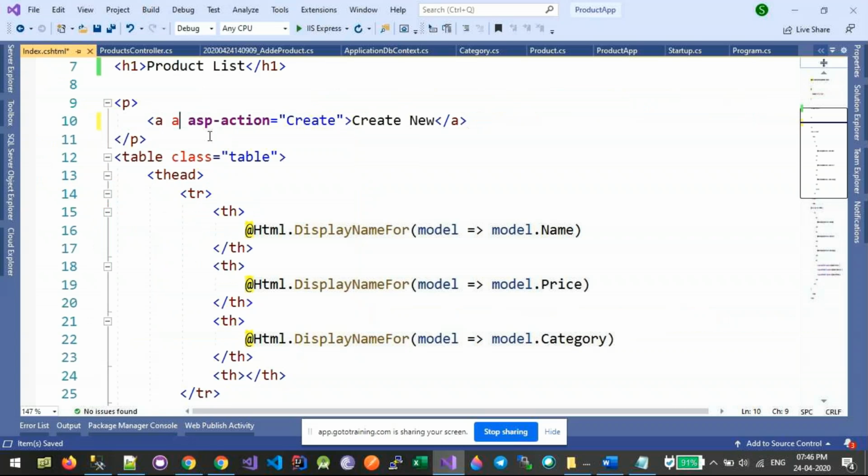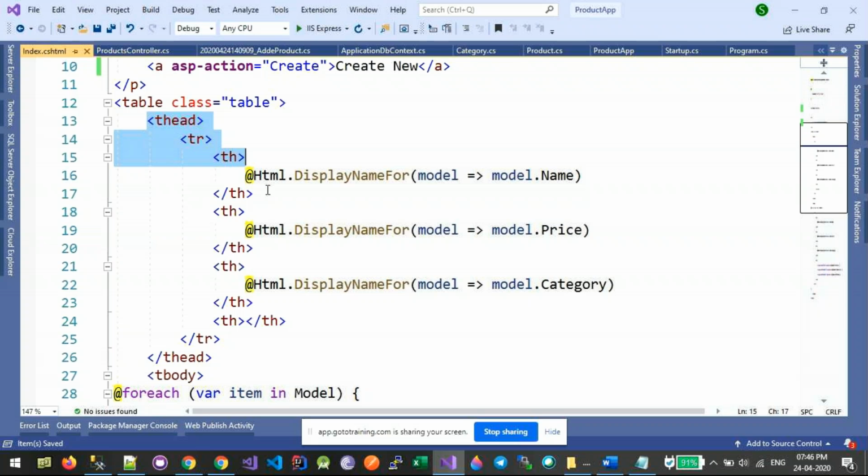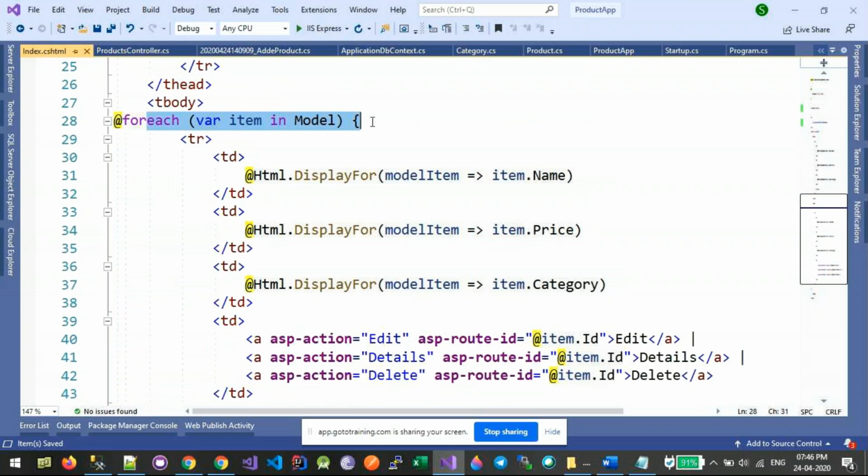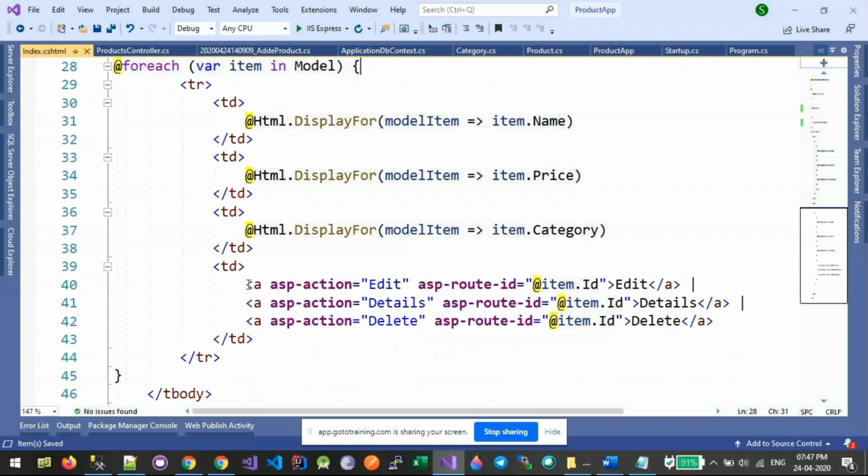Let me remove it. Here I have a header for the table with the required headings, and I'm going to put a foreach loop on the model, which is a collection. And notice that again I have three links for editing, displaying the details, or deleting a particular product entry.